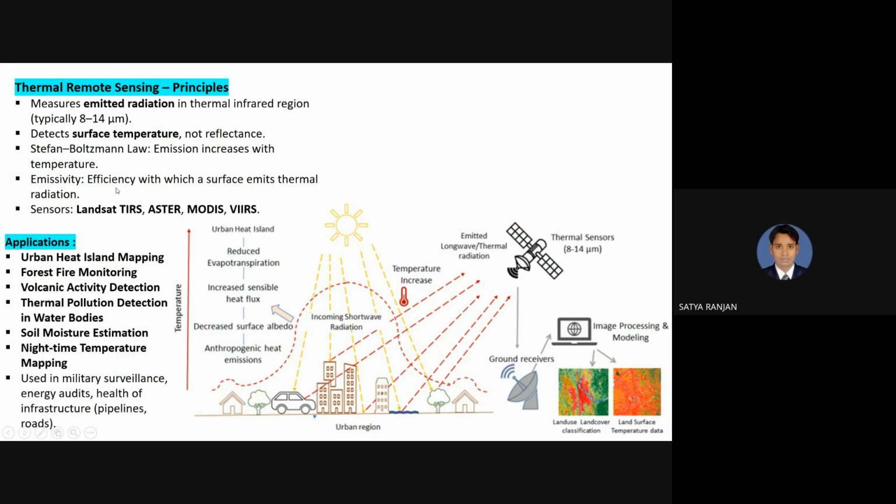Then emissivity is the efficiency with which a surface emits thermal radiation. So a surface which has more thermal radiation capacity has more emissivity. Then which types of sensors are there? Generally,